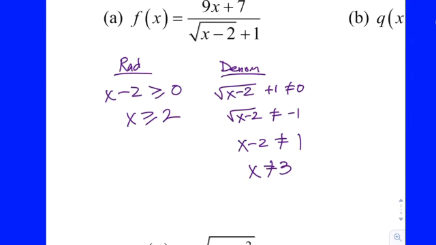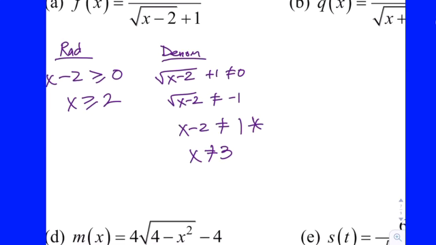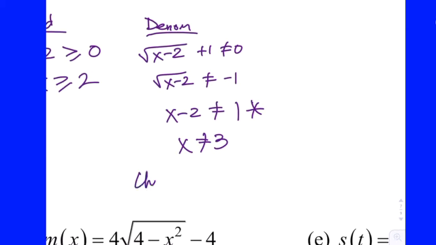Now remember, we only need to exclude it if it falls in the inequality. Is 3 bigger than 2? Yes. But I'm going to put a little asterisk right here. I think you learned something back in Algebra 2. If not, here you're going to learn it today. When you square both sides of an equation to solve, you need to check for a solution that might not work. It's called,